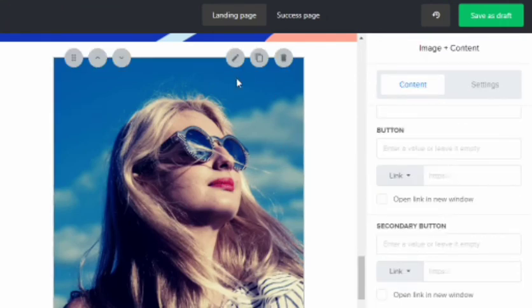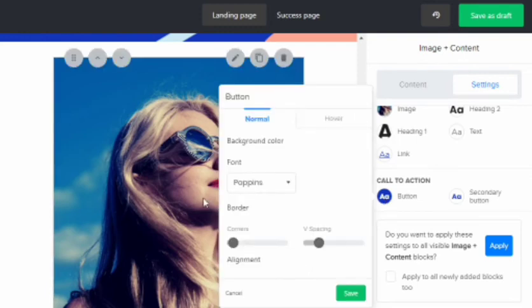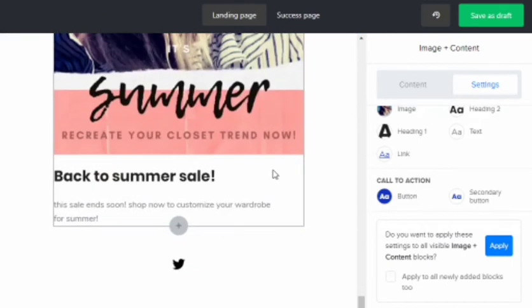I think this is fine for a sales page. If you want, you can edit the button itself. You can change the color, the background color of the button, but I am not going to do all those things. I am just leaving it to you.